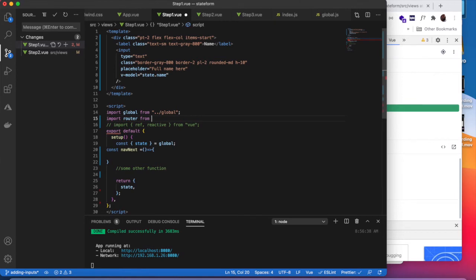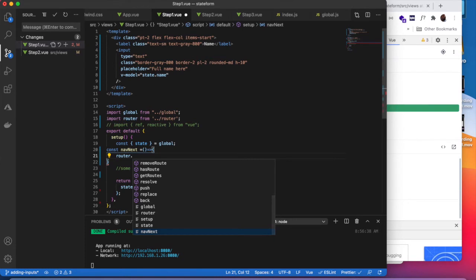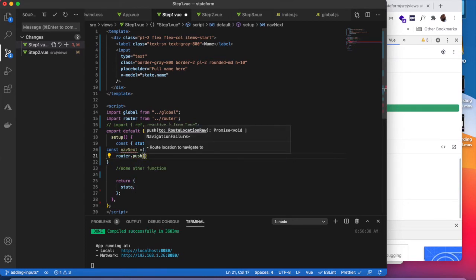from router. There we go. And then we'll say router push for Vue Router, and then we're just going to call our next step. So in this case, we're on step 1, so we're going to say step 2. All right, and remember,